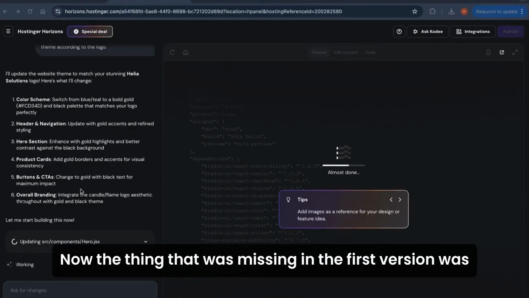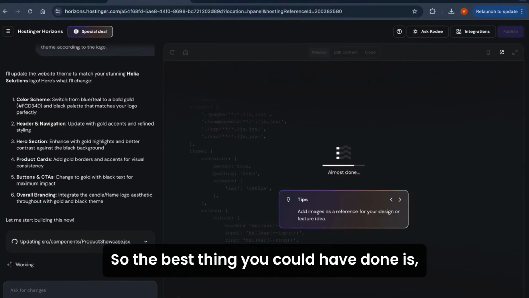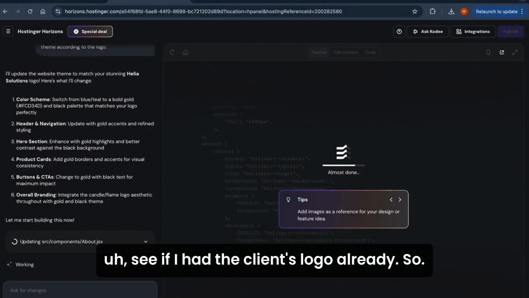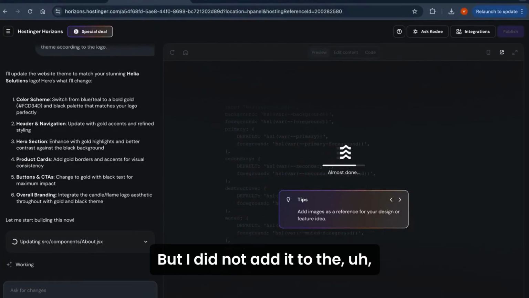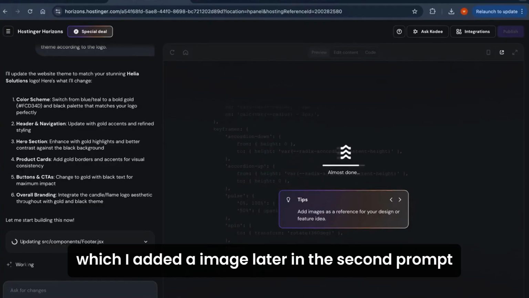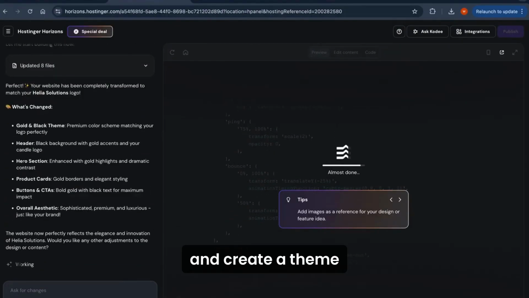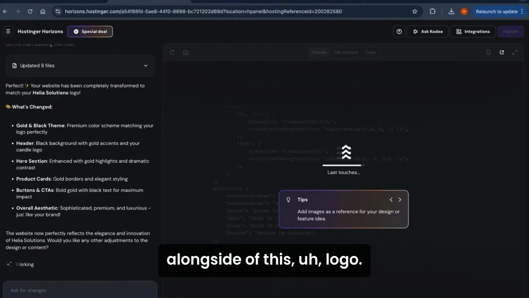Now, the thing that was missing in the first version was it was not adhering to the logo theme. The best thing you could have done is, if I had the client's logo already, I did not add it to the first prompt, which is a mistake basically. If I added it, I could have saved one prompt here. I added an image later in the second prompt and asked it to just adhere to the theme and create a theme alongside of this